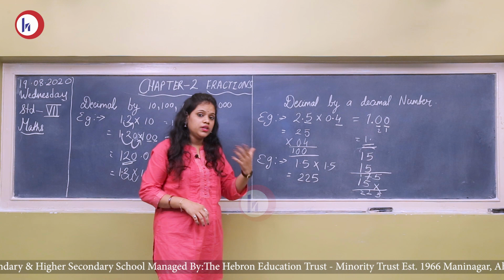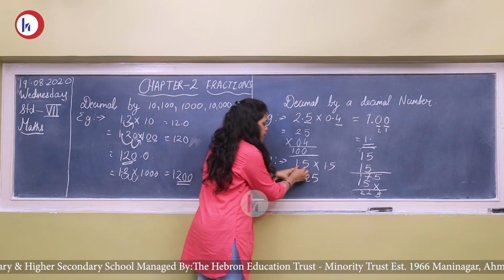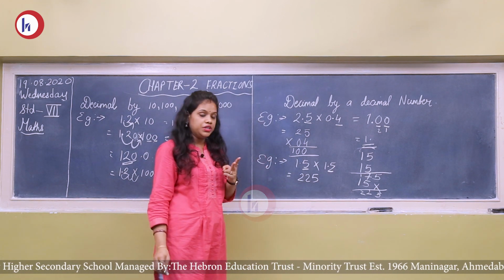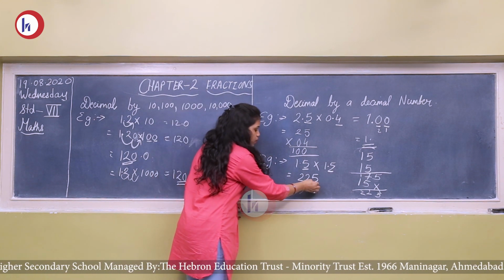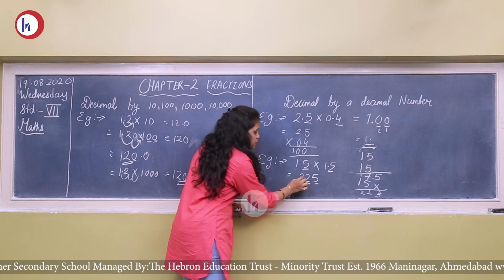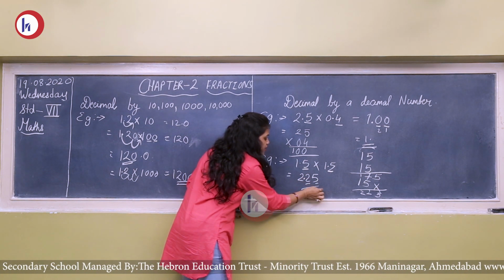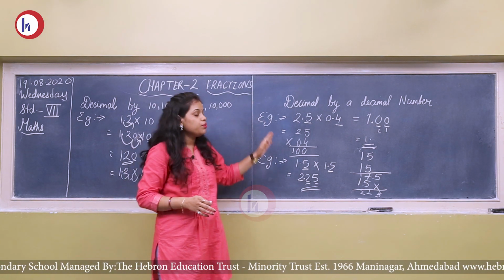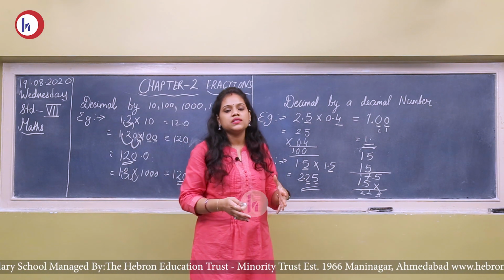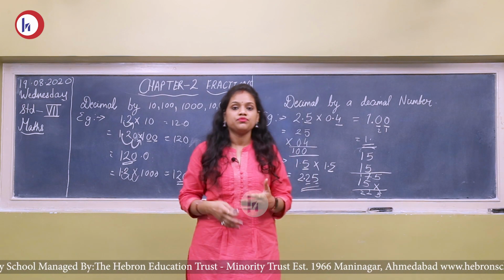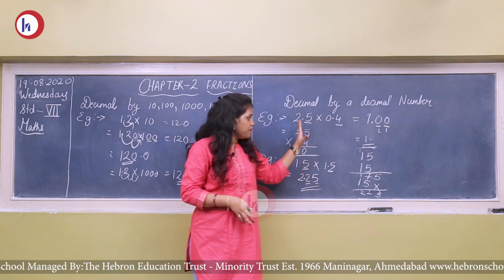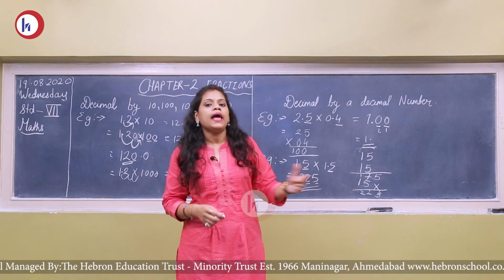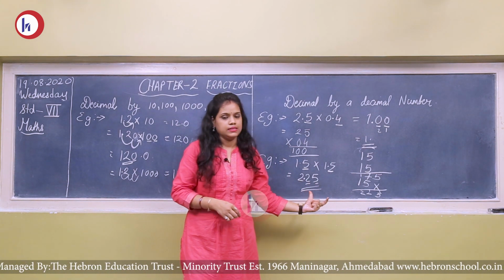Now let's see where you have to put the decimal. Here there is 1 digit after the point, here also 1 digit. So total 2 digits. So from the unit place 1 and 2. So where will your decimal be? Your decimal will be here. So your final answer will be 2.25. Same way you can do multiplication of any 2 decimal numbers, any 3 decimal numbers, 4 decimal numbers. The same method will go. You have to count the digits after the decimal and then put the decimal in your answer.